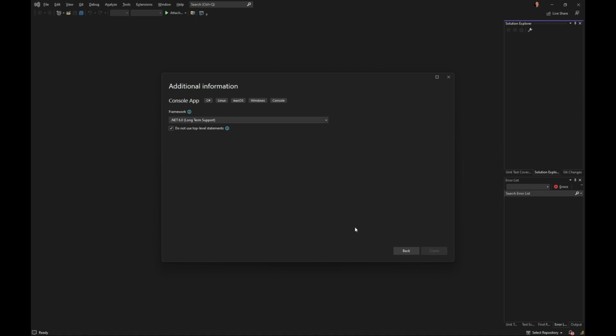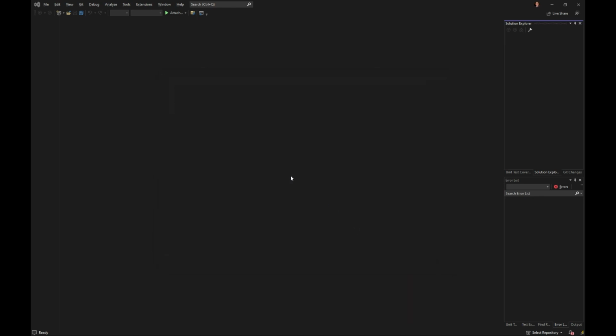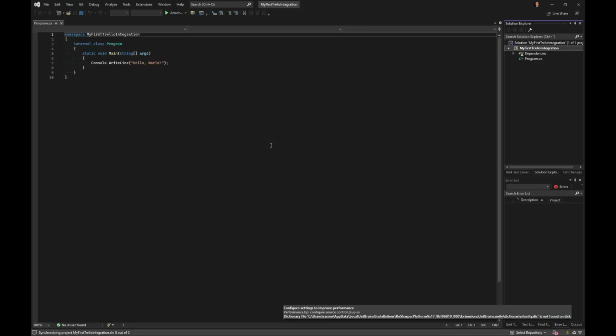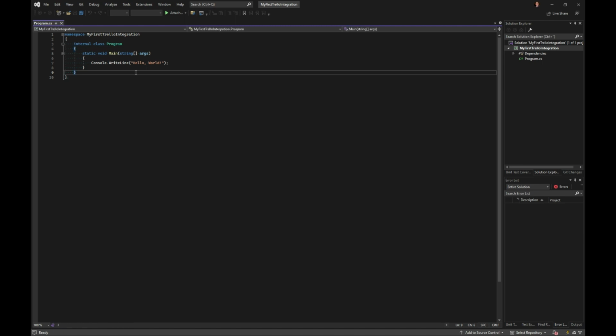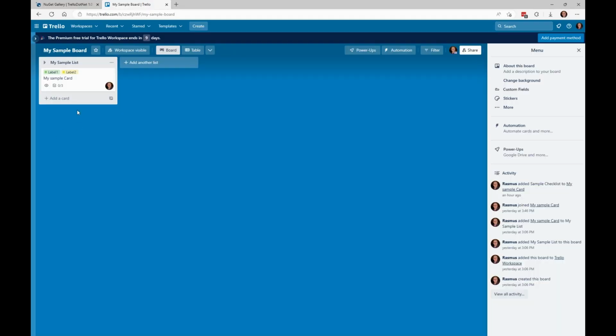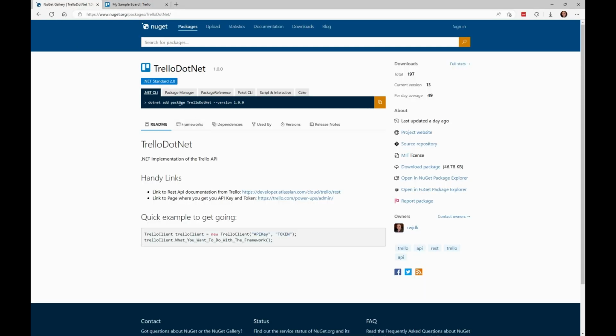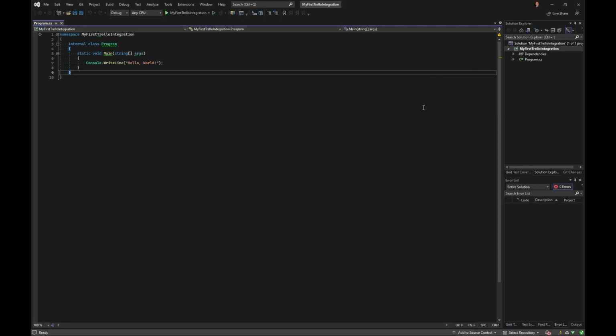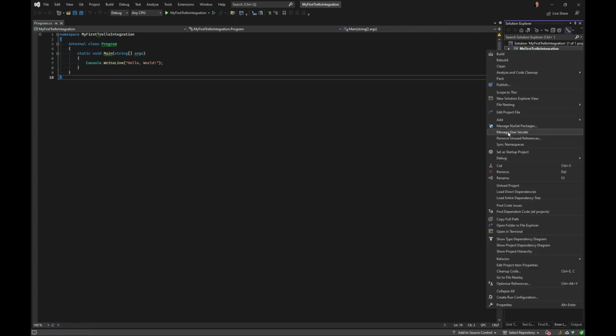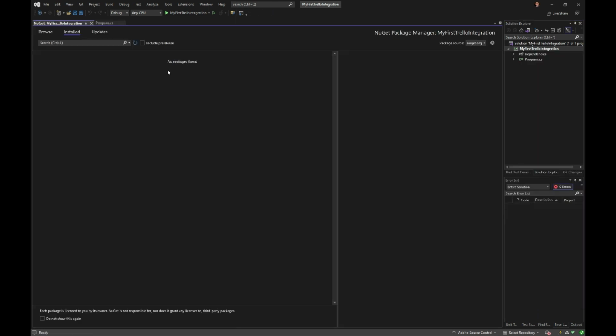And to keep it old school, let's just do it like this. So once my system gets running, we have a normal hello world. And now we need access to the Trello.net package, and we can see over here, it's called Trello.net. So we could use the CLI, the package manager, and so on. I will just use normal Visual Studio here, but whatever IDE you use, you can just do it here.